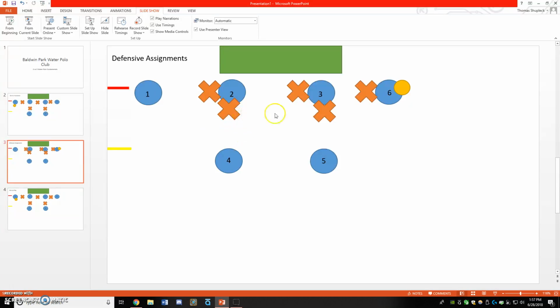Now what you should be noticing is that the ball's here. It would be kind of silly for us to just completely ignore these players, right? That wouldn't really make sense. So what you've got to start doing, if you're one of these 2 players up here, you've got to read